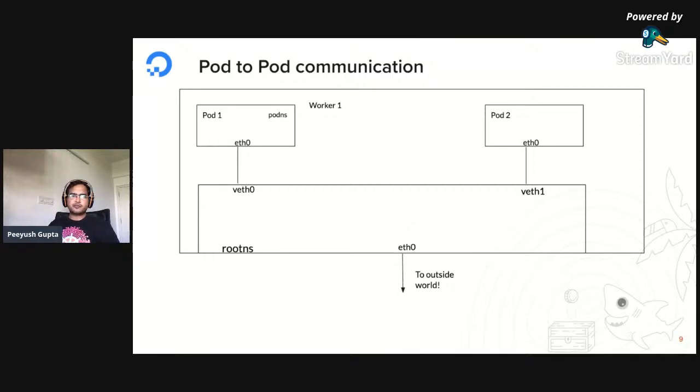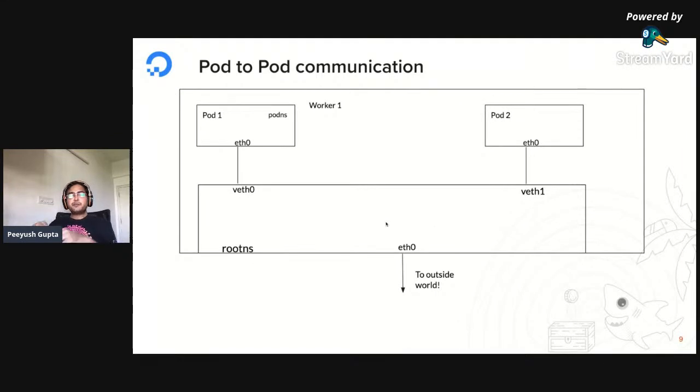Let me take a simple example where both pods are on the same node, so there is no cross-node talking here. When that happens, there is usually a virtual bridge created, and when that virtual bridge sees that this network packet wants to go to a pod present on the same host, it just gets redirected to VF1.